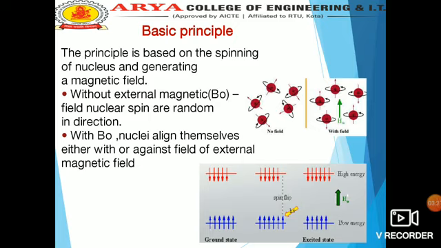Without an external magnetic field, nuclear spins are random in direction, and with an external magnetic field applied, the nuclei align themselves either with or against the field.